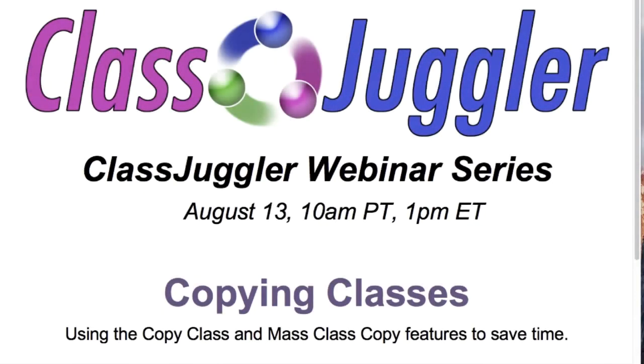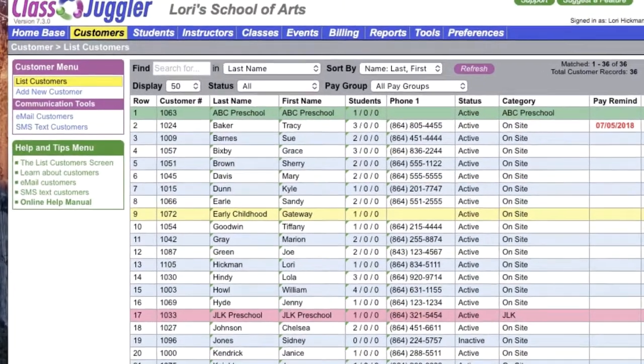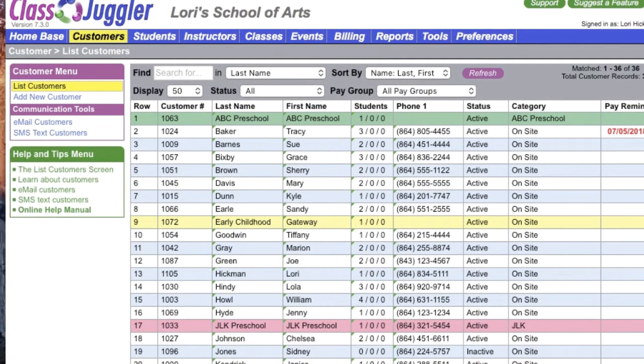Hello everyone. Today I will be showing you the copy class and mass class copy features in ClassJuggler. These features can save you hours of work when you need to create new classes quickly for your upcoming sessions by using existing classes. ClassJuggler provides a simple method for making a quick copy of a single class or multiple